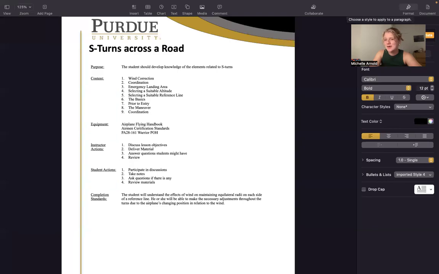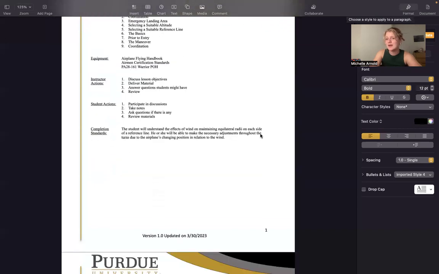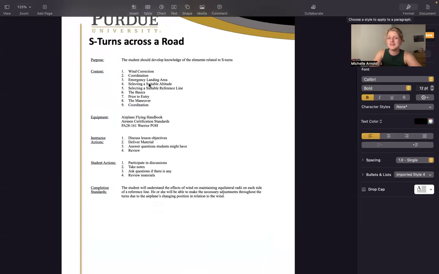So today we're going to be talking about S-turns. It's important to learn S-turns to learn how to control the airplane in wind conditions. These will help you get a feel for how to correct for wind. So some of the content we're going to be going over is wind correction, coordination, selecting a suitable altitude,